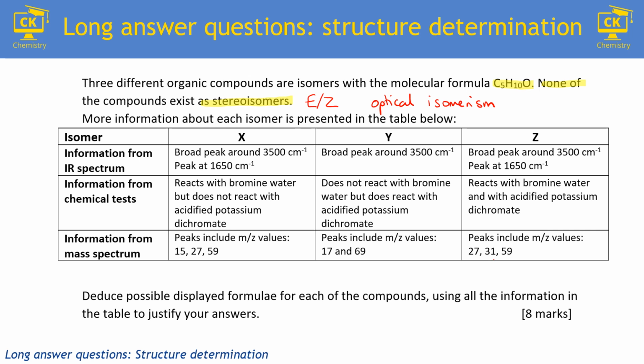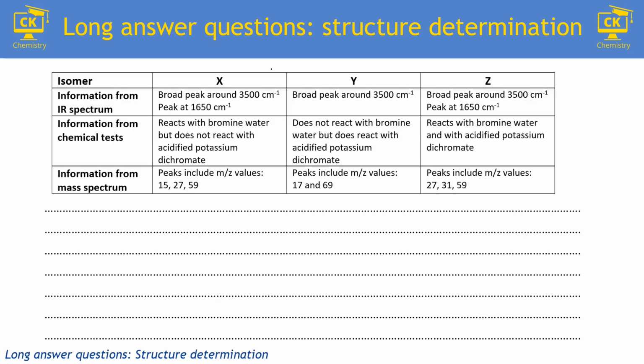Okay, before we actually look at the information for infrared spectrum and chemical test, which most people rush into, what we actually want to do next is look at that molecular formula and see what information we can get, because most people think that you can't get a lot of information from a molecular formula, but actually you can. And the information you can get has to do with its general formula and the number of double bonds or rings in a compound. What do I mean by that? Well, we've got this formula